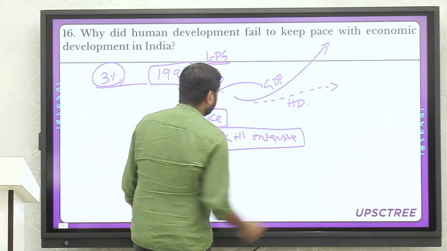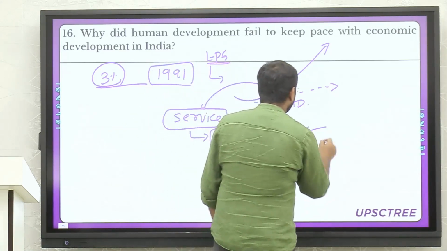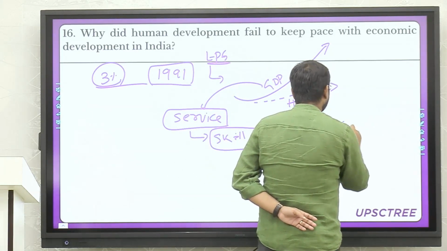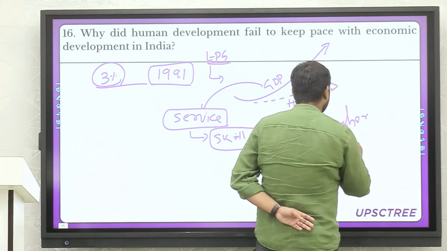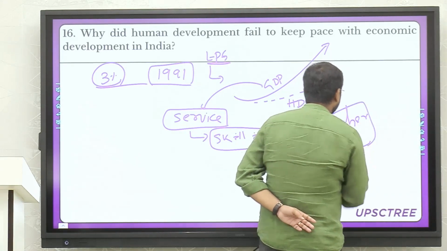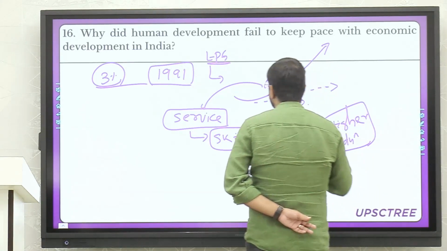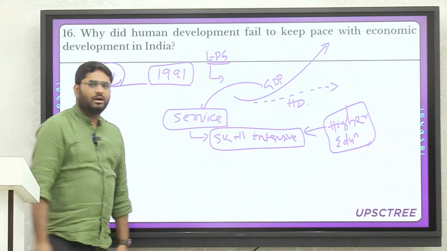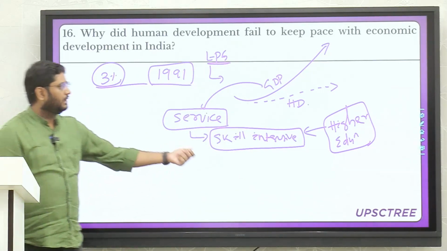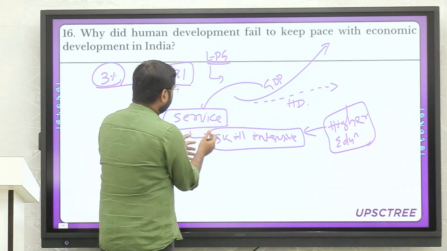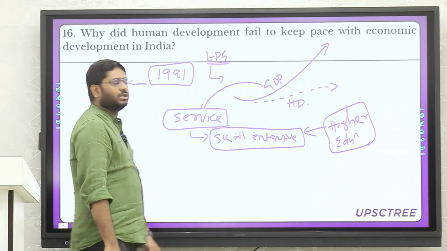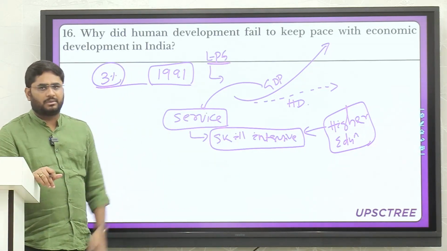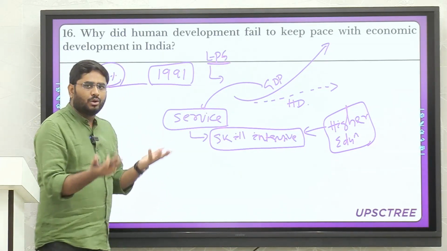Because service sector is skill intensive, if you have the skill, you will get a job in the service sector. To acquire that skill, you need higher education. For higher education, you should have the money to send your children to higher education. So that means much of India could not afford the higher education. That's why they didn't get the skills. Because they didn't get the skills, they didn't get into the service sector. Because they didn't get into the service sector, they essentially remained as farmers,